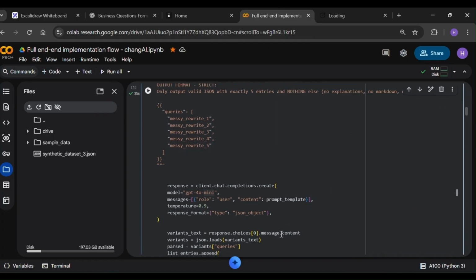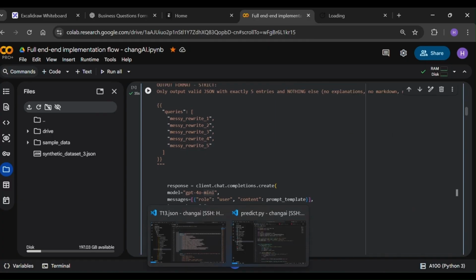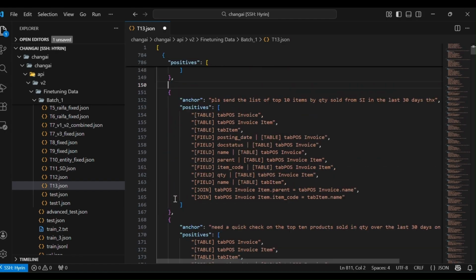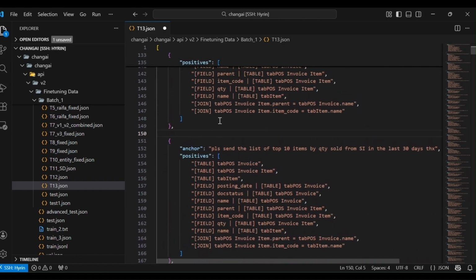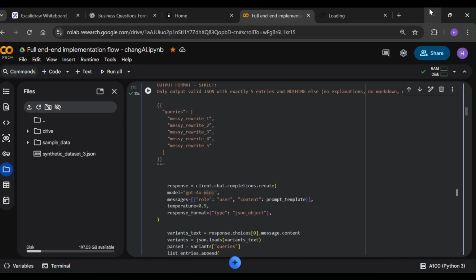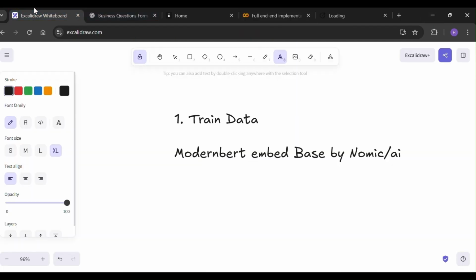Once we copy it, we can paste it on our main training data like this. This is how we generate our training data set. Once we have about 10K or 20K or 5K, you can start fine tuning. That means training your model. So I think you understood what is training data and how we prepare training data,